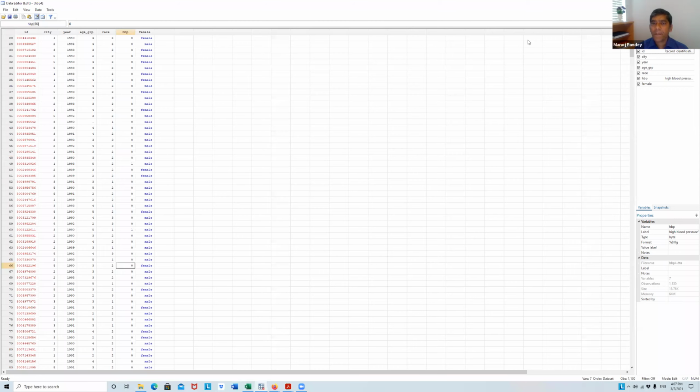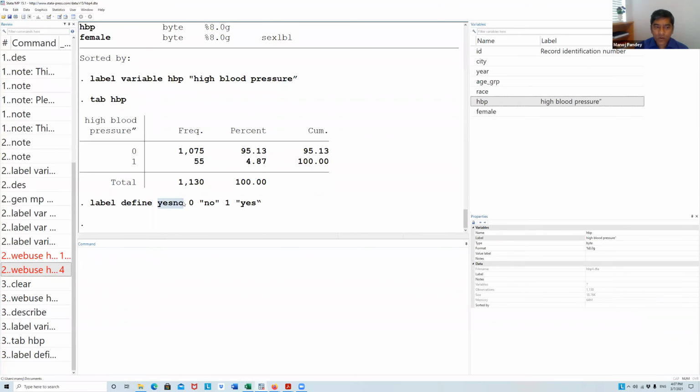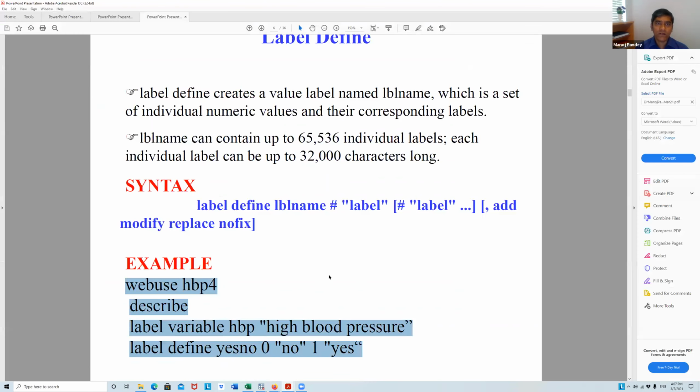Okay, but we have defined the label yesno as 0 is no, 1 means yes. So basically 0 is no, 1 is yes. But still it is not captured. You know why? Because that is the next one.